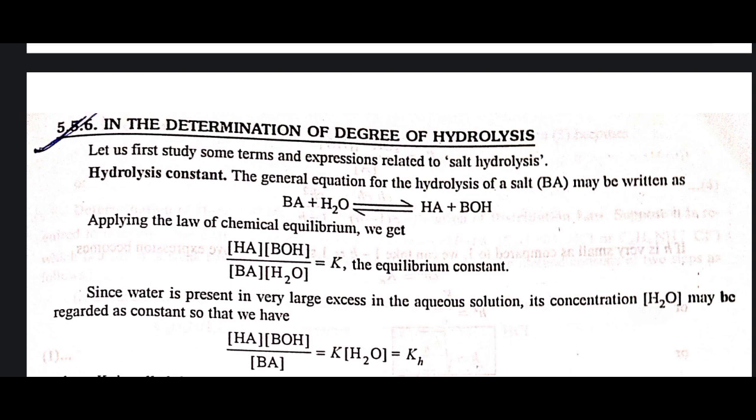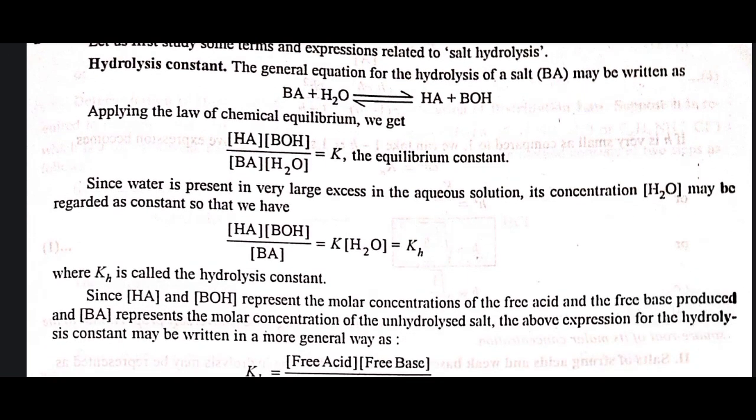Hydrolysis constant. The general equation for the hydrolysis of the salt BA may be written as BA plus H2O under equilibrium gives HA plus BOH. Applying the law of chemical equilibrium, concentration of products upon concentration of reactants is equal to K, the equilibrium constant. Since water is present in very large excess in the aqueous solution, its concentration may be regarded as constant, so that we have